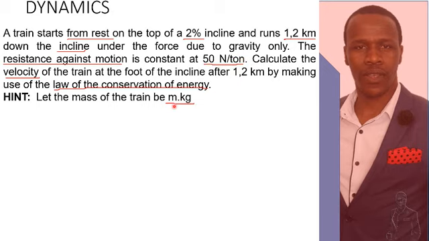FR has m in kg, yet here we have tons. So that means we know that tons equals 1000 kg. So in other words, we can just write 1000 kg right there. Okay, then we know that it says from rest we have the slope of 2%, and that slope of 2%,